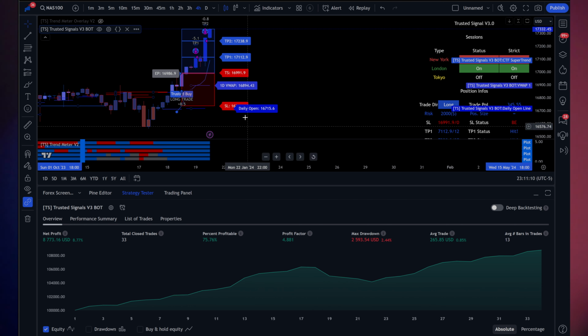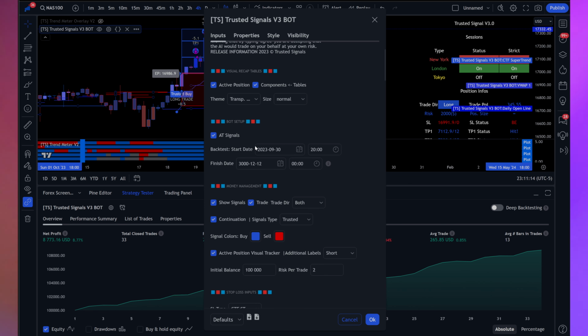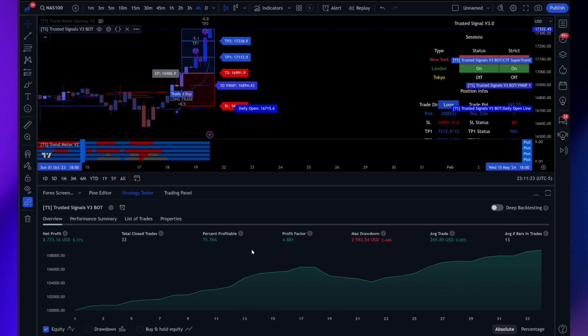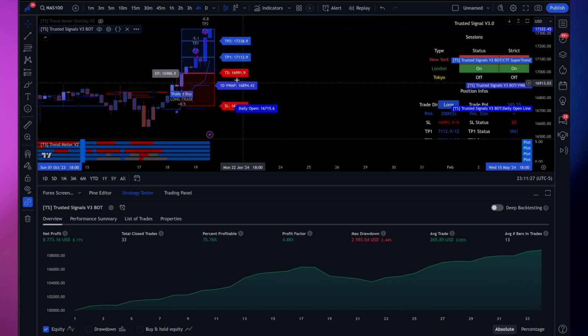In today's video, I'm going to explain the different types of stop losses that this indicator, the Trusted Signals V3 bot, has. Okay, this is a strategy that comes in a backtestable version and an overlay. Obviously, you guys can see here, this is the backtestable version, and we're going to play around,